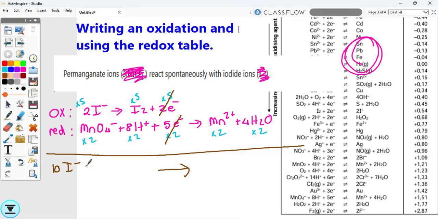There would be 2 MnO4 minus plus 16H pluses, and here we've got the I2. If you want to, you can even scratch them out, but just be careful if you needed to get marks for this. This is now 5, you can't scratch it out. 5I2 plus, on this side we have,